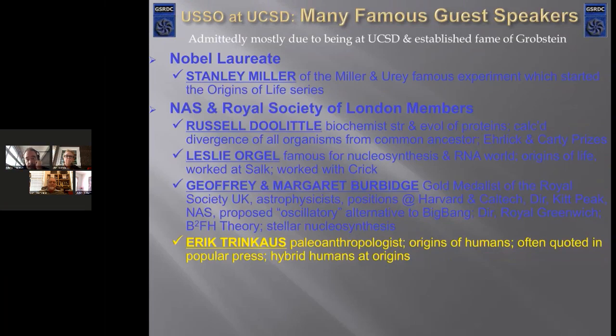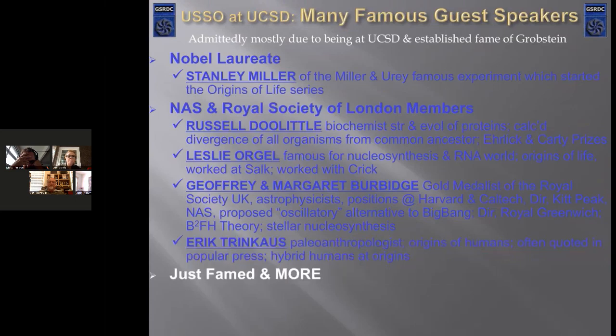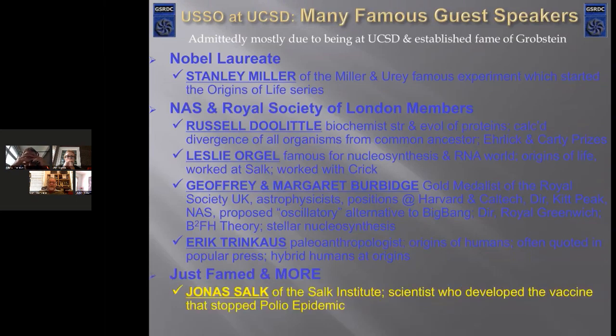We also had, for the National Academy and Royal Society, Len Troncale, who's a paleoanthropologist. He talks widely on the origins of humans. He's often quoted in the popular press. As I say, most of these people have passed away now, though they were famous at one point. He talked and introduced the idea of hybrid humans at the origins, which is actually now just getting a lot more recent support. Some of them were just famed and not Nobel laureates or members of the National Academy,